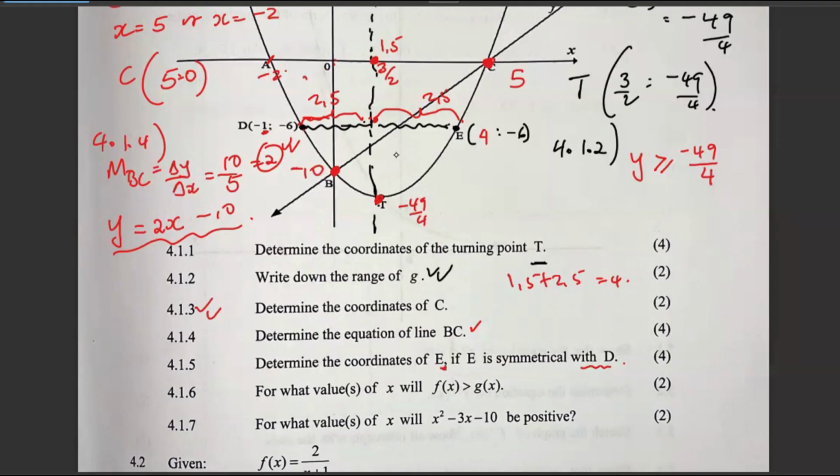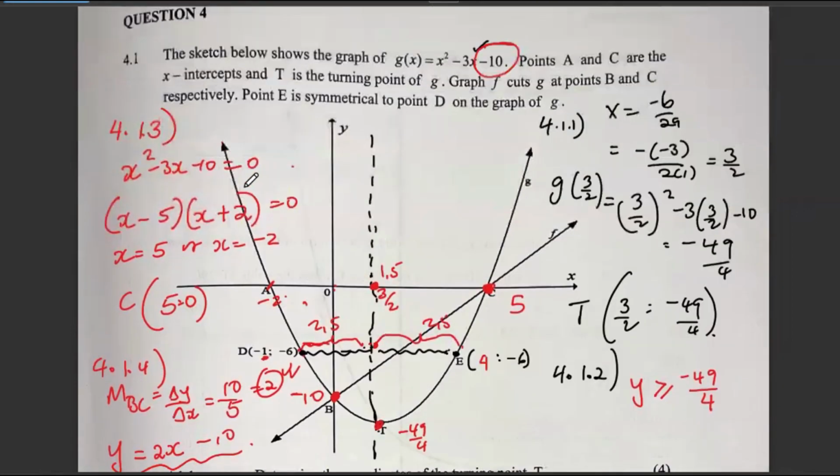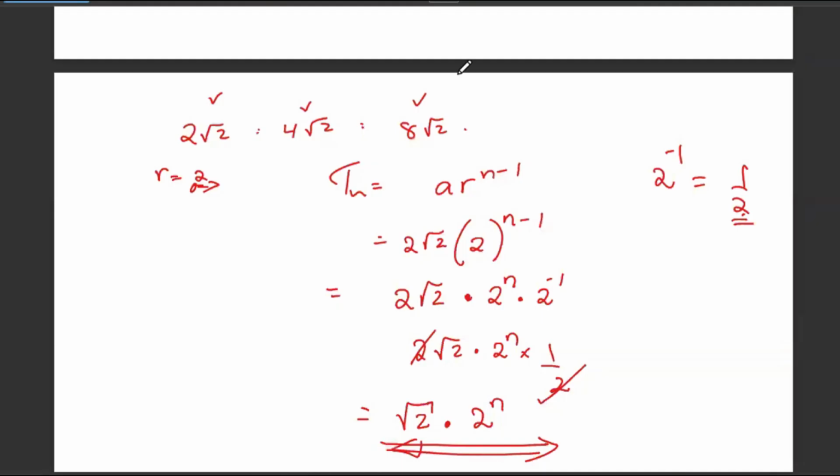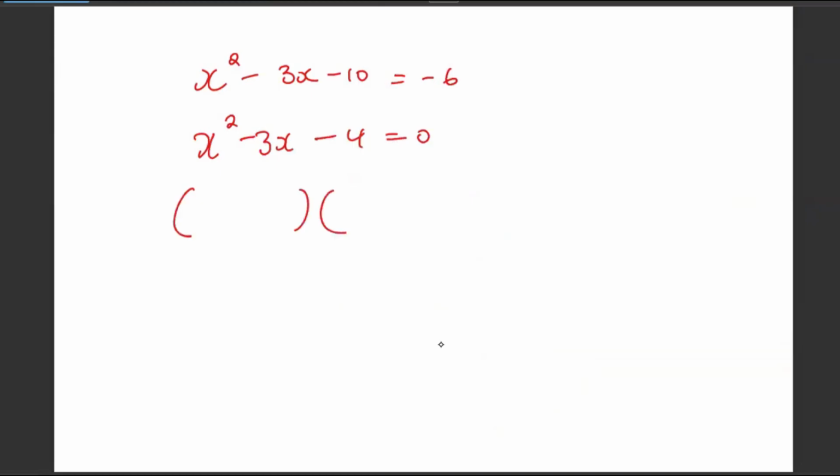Now someone asked, but then how do we get that? For people that want to do the long calculations, we can equate the y to -6 and get the x values. So it would be x squared minus 3x minus 10 is equal to -6. Move this one that side, you have x squared minus 3x minus 4 is equal to 0. Factor this out. We have x and x, a 4 and a 1, minus and then a plus, meaning that x is -1, or basically x is 4. Then we said it's (4,